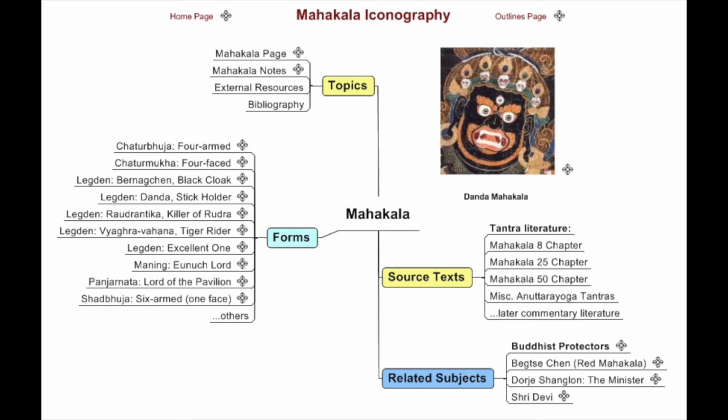The way Mahakala is presented in art and iconography is from the point of view of listing, of categorizing, and also from a religious point of view in compendia, collections of meditational forms from India and Nepal and then later Tibet.